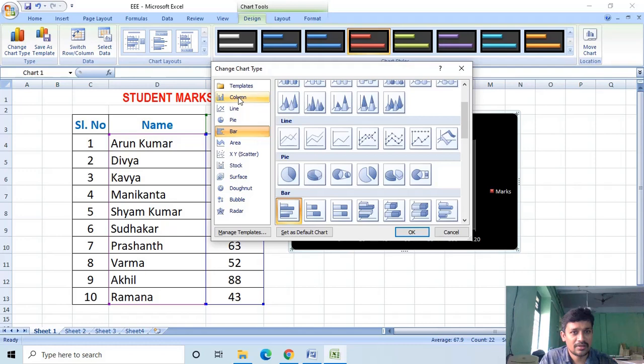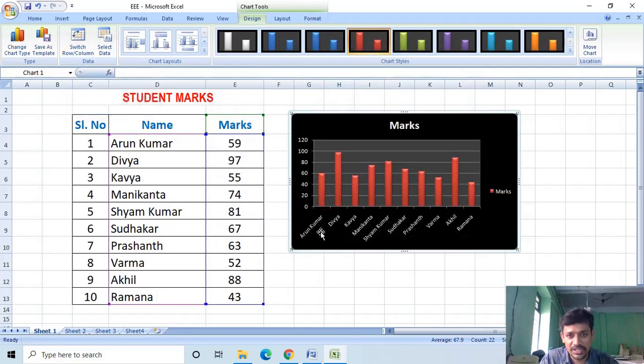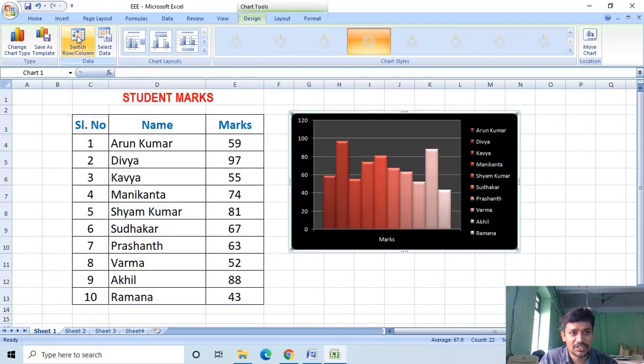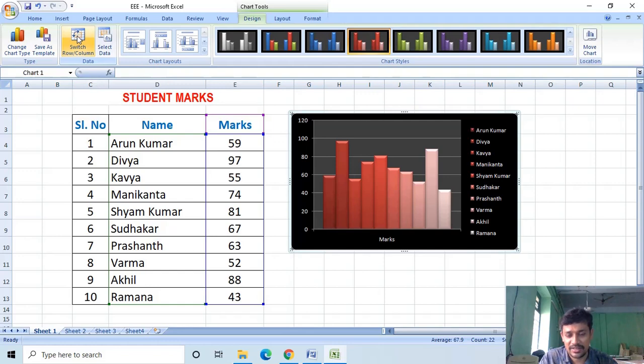Now in this chart, on the x-axis we are showing the names of the students. On the y-axis we are showing the marks. Now I am clicking Switch Rows and Columns, like that.